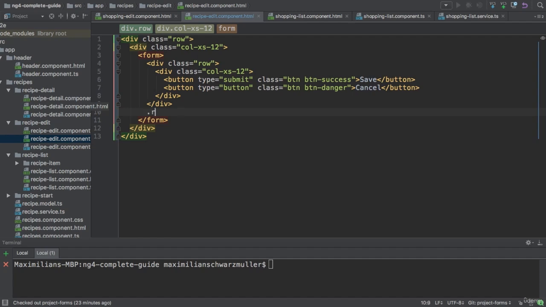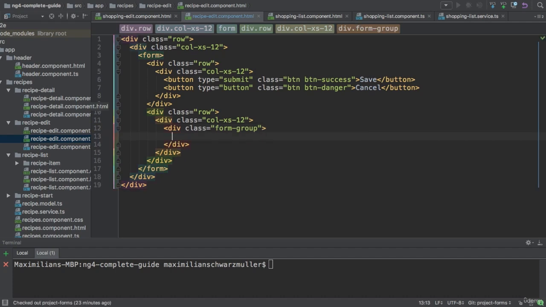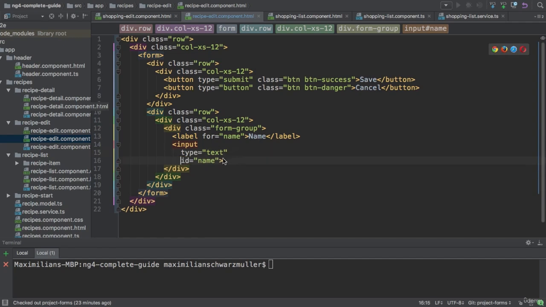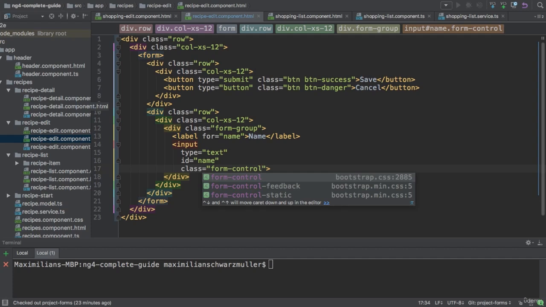Now for the inputs. I definitely want a row with my default column width here, where I will add a div with the form-group CSS class to simply use that Bootstrap CSS class to give it some nice styling. Then I'll add a label for the name of that recipe, and I'll say name here, and I will add the input. The input will be of type text with the ID name maybe, and let's already structure this over